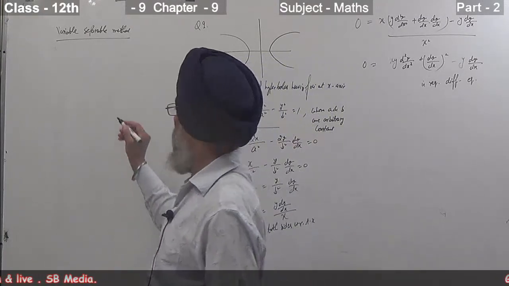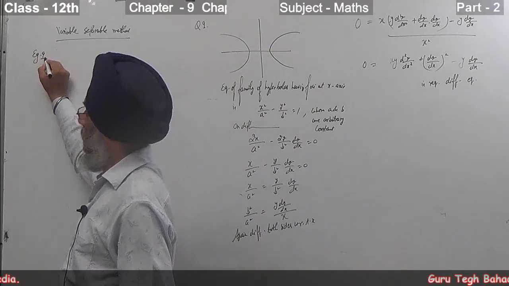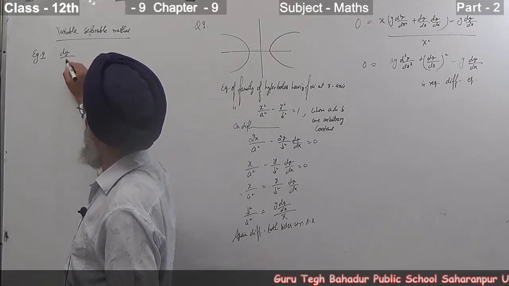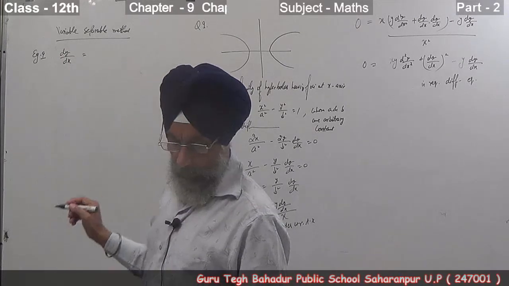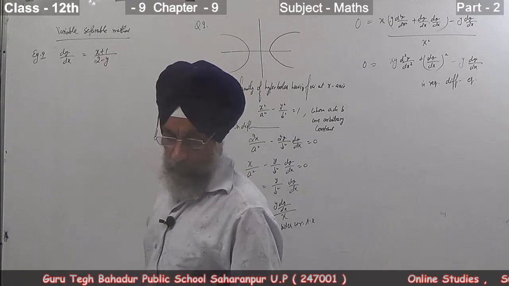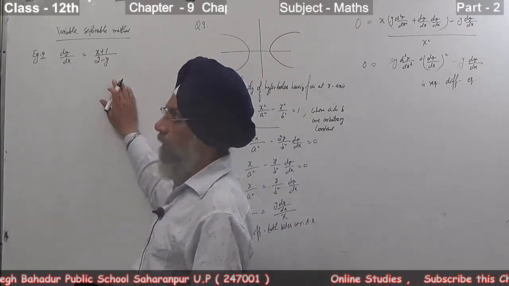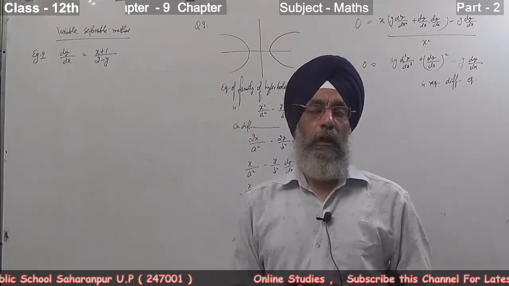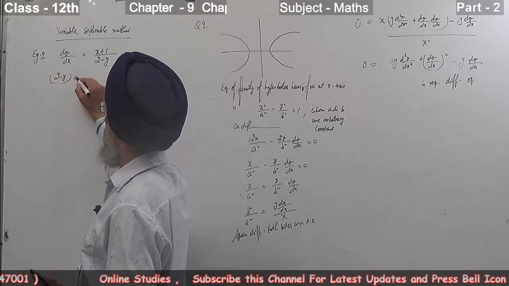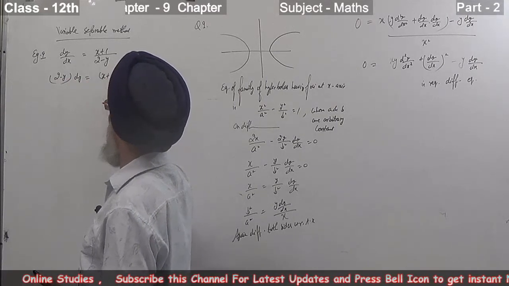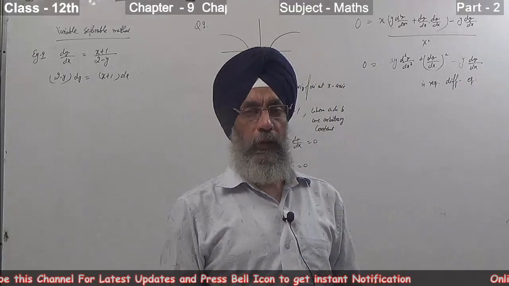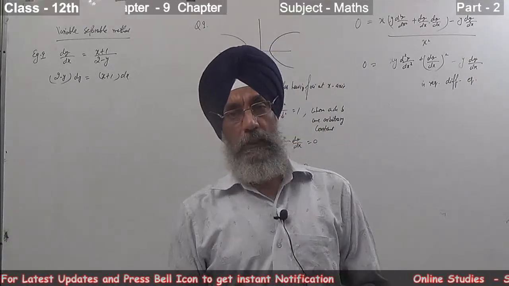In example 9, you can see here dy by dx is equal to (x plus 1) upon (2 minus y). Now, taking the variable y on one side and variable x on the other side, it is (2 minus y) dy and (x plus 1) dx. As we already have the differential equation, we have to find the equation, so we have to integrate here, integrating both sides.